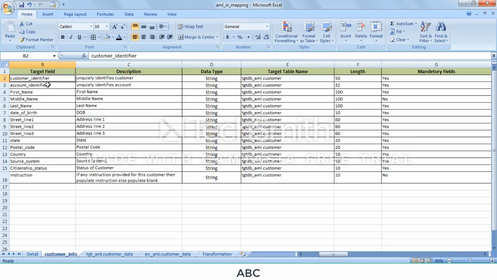In that table I have around 15 columns. In those 15 columns, if it is a mandatory field, then the requirement is that there should not be any null or blank. So I need to write a query like select count star from table name where this field is blank or null. If I need to check all the fields, I need to write around 15 queries